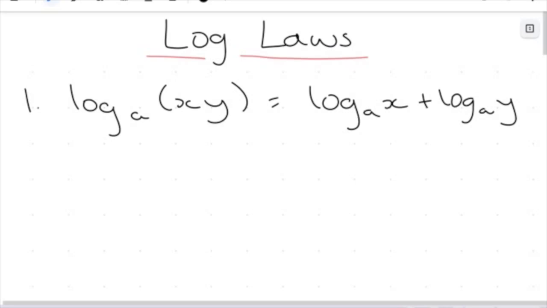We're introducing, now that we've looked at logs and how they relate to exponentials, we are